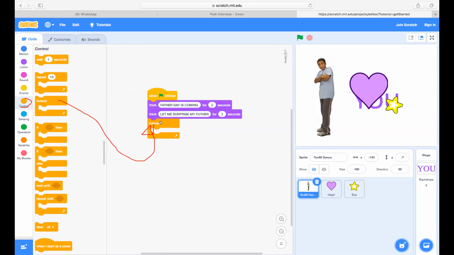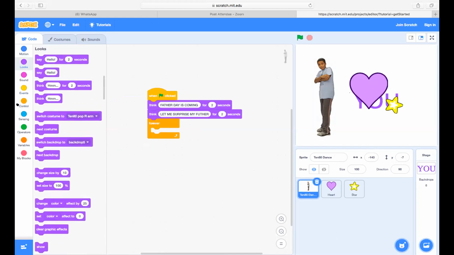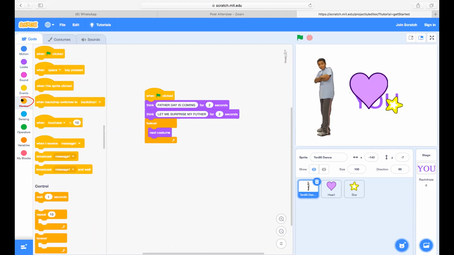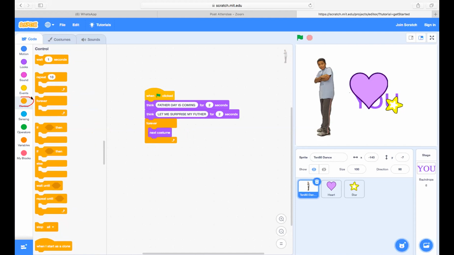Then go to looks. Say next costume. Then after that, go to control again and put a wait of 0.5 second over here.